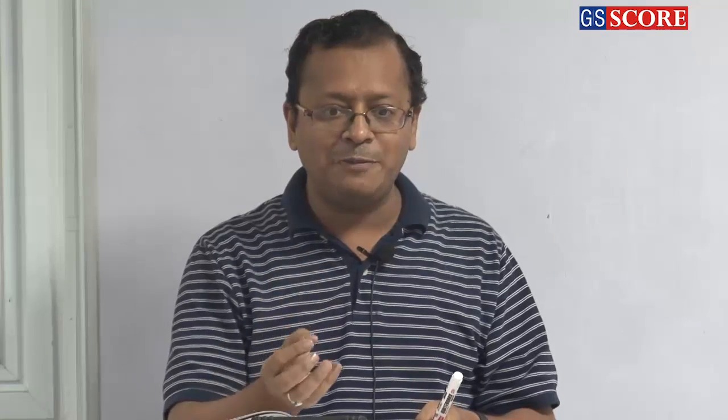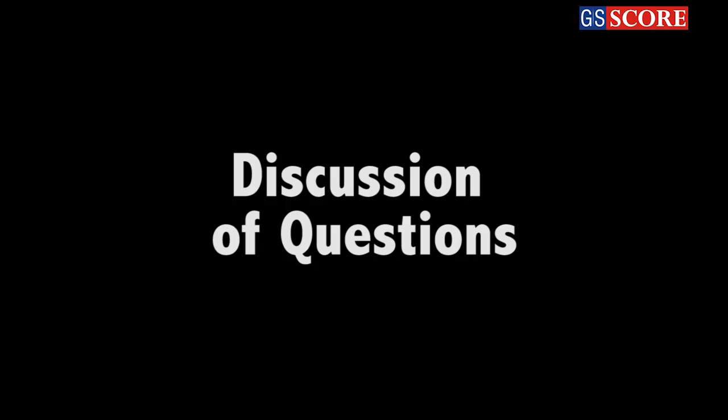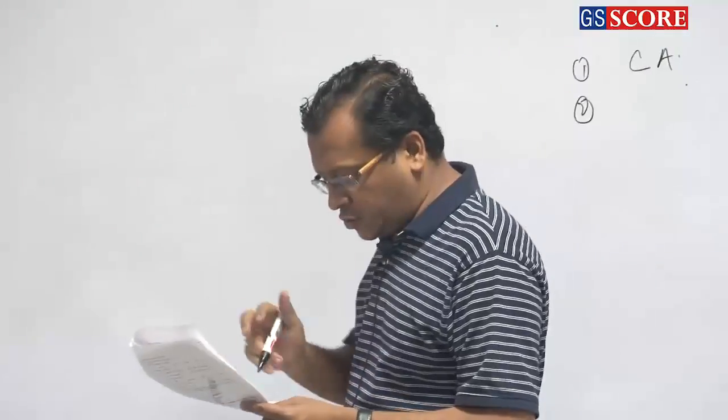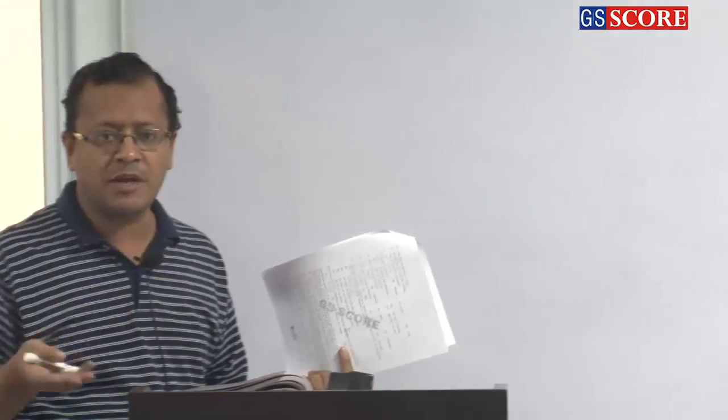Can we do one set of logical reasoning? Then only the things will become clear. I have told you a number of things, but can we do one set, or one set of sets basically? There is one more type which I have not discussed, but I will tell you to do that set. More important is how to solve the question. Answers you will get, no problem, but how to solve it efficiently. Should we go chronologically, or start haphazardly from the last and then the first? Questions 9 to 12, should we?